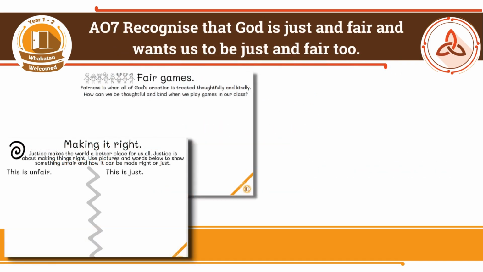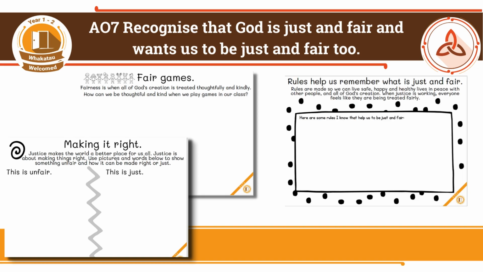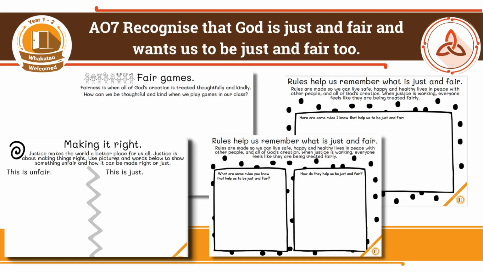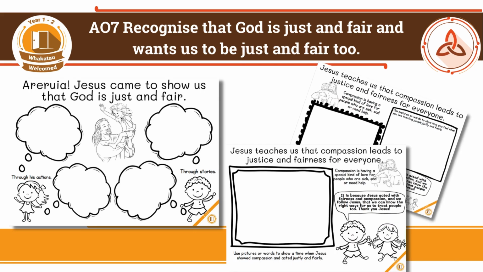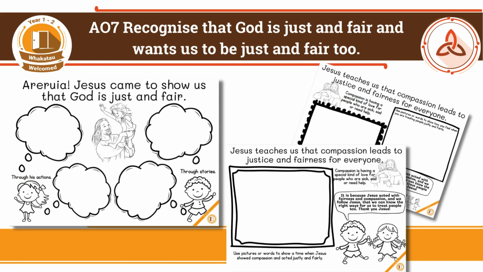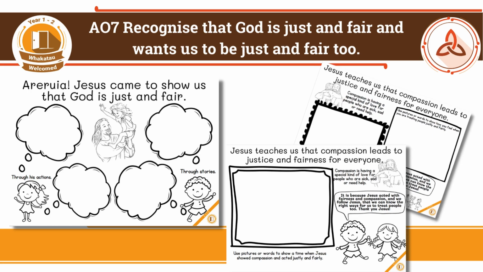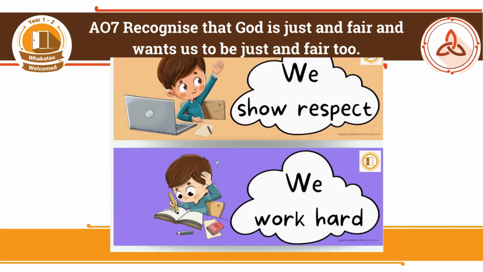This is a great AO to get kids outside and involved in games. You can cheekily sway the games so that they are not fair, and children really start to understand what a sense of being just and fair is all about. They unpack what the word means, and again, here is an example of differentiation within the achievement objective. There's some printable pages that can connect justice and fairness to what Jesus taught us, and also some printable posters for classroom displays.